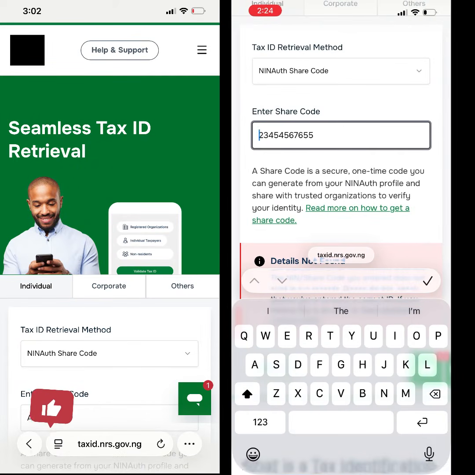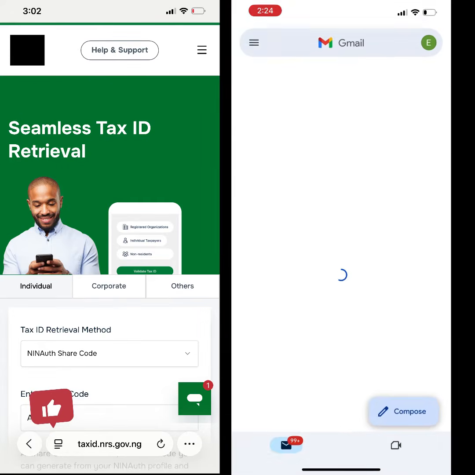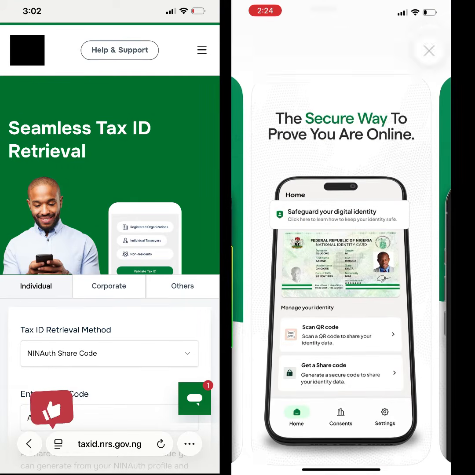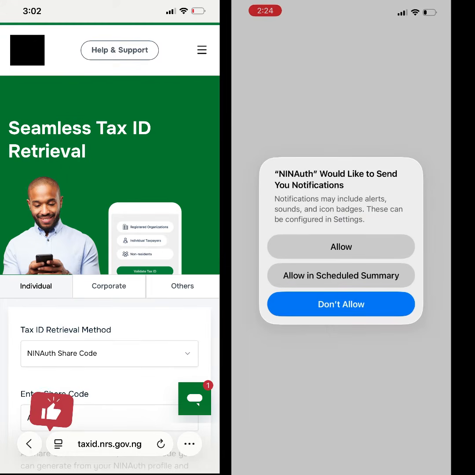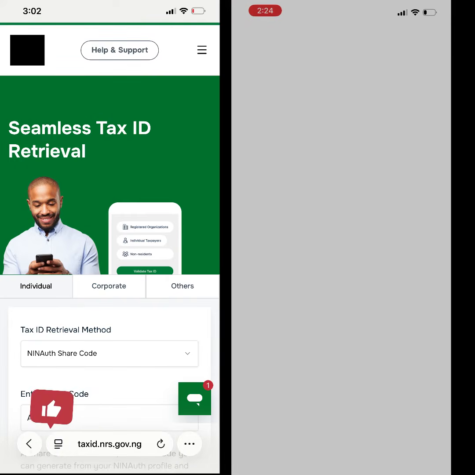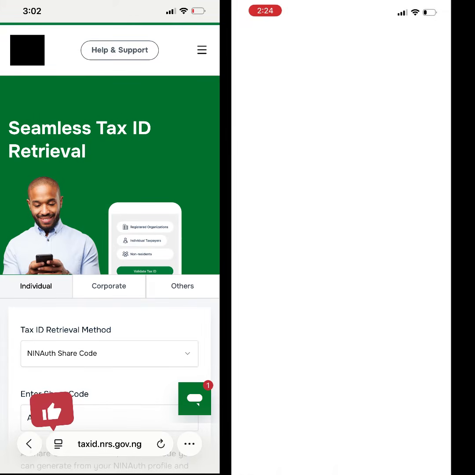So that option, once you copy it, you come here and paste that particular code in that particular place, right? So once that is done, the next thing we want to do right now is to go ahead and confirm if the app has been installed. So it has been installed. You open it up, give it all the necessary permission that it is requesting for. Once the permissions have been granted, like notification should be granted at the minimum, others can be denied. So once all these permissions have been granted, the next thing you want to carry on with is to make sure that